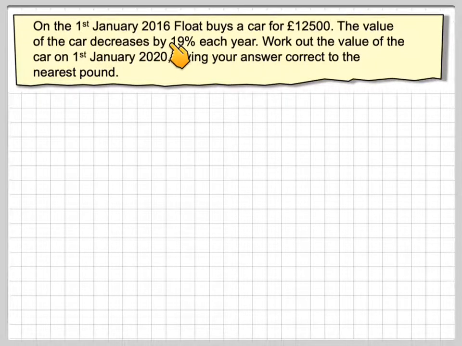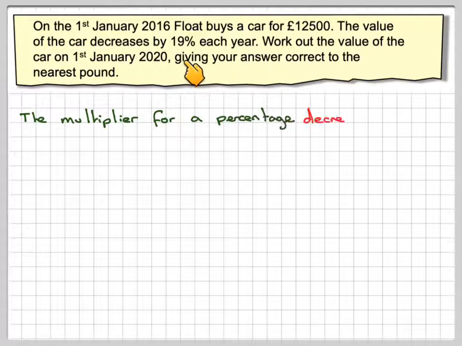On the 1st of January 2016, Float buys a car for $12,500. The value of the car decreases by 19% each year. Work out the value of the car on the 1st of January 2020, giving your answer correct to the nearest pound. Okay, first of all, what you've got to do is work out what is the multiplier for a 19%